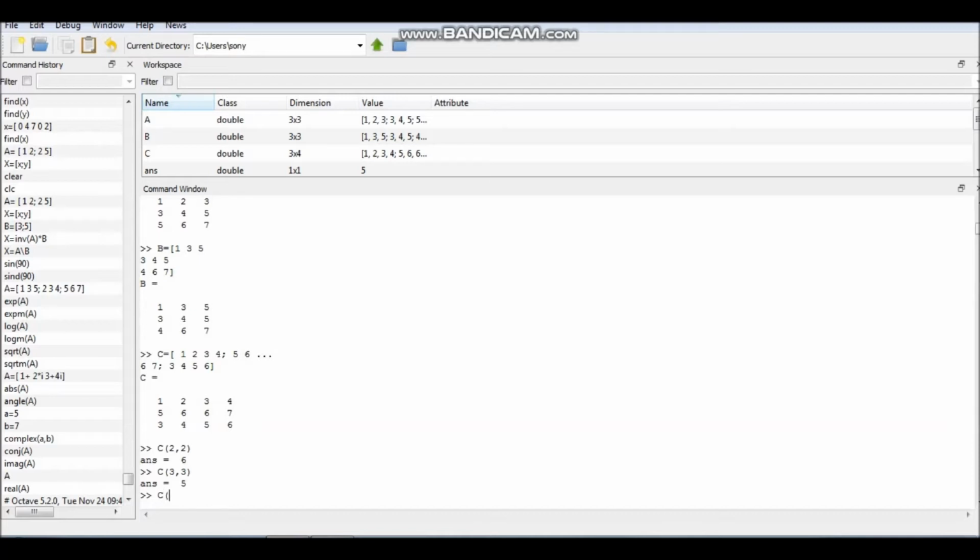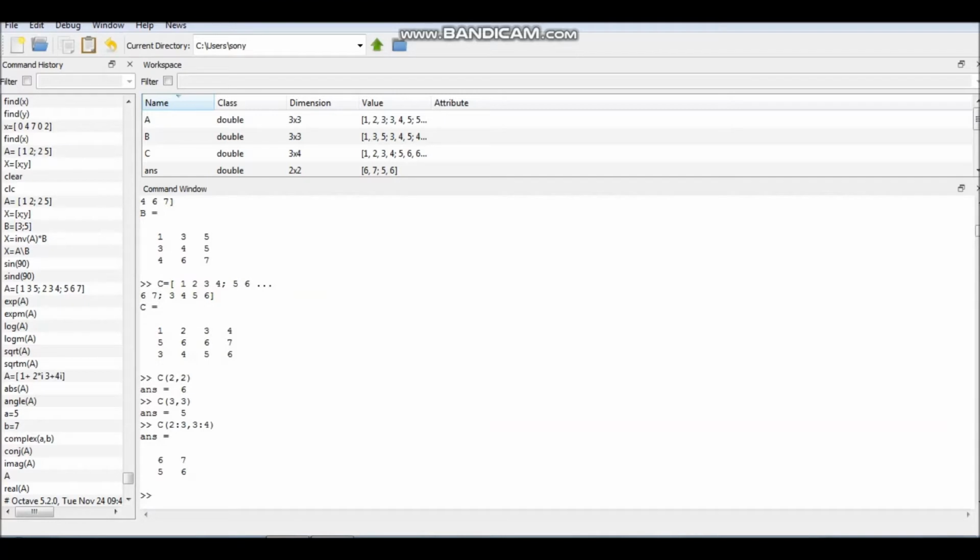So on the row side, left side, I will write 2:3, then comma, and for columns, this is third column and this is fourth column. So I will write 3:4. Colon means 3 and 4, in continuation with difference of 1. 2:3 means 2 and 3, 3:4 means 3 and 4, and you will get this matrix extracted, 6 7 5 6 entries.